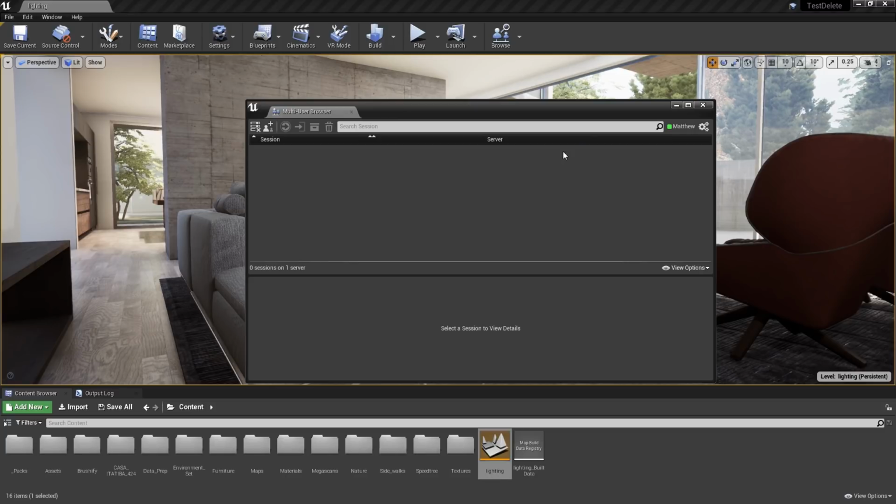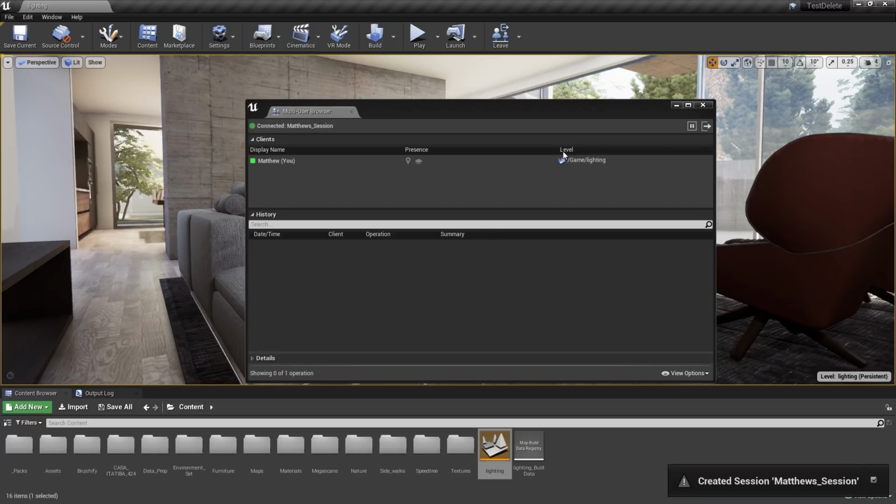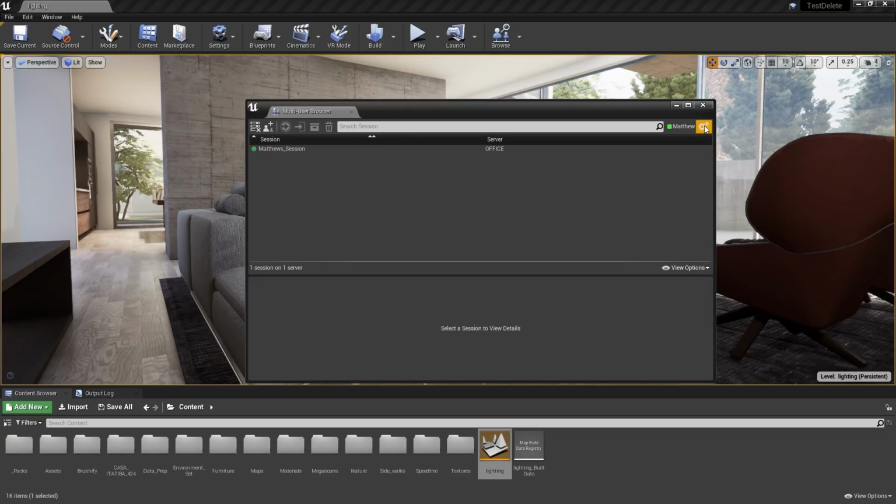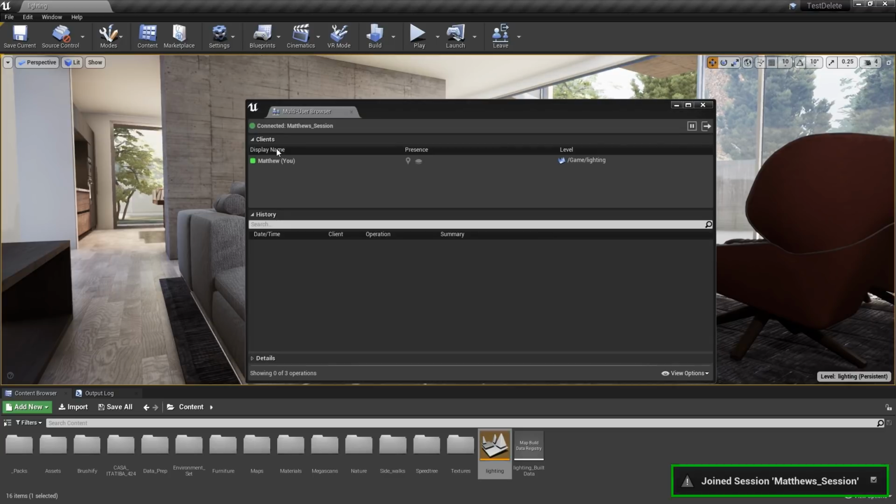All right, and once the session is live, you can see that I've automatically been added to the list of clients. To leave a session, I can simply click on the Leave Session button. The session is actually still available to the other clients, even though I'm not in it, and those users can continue to work and make changes. To rejoin the session, I simply need to double-click it. All right, so now that we know how to create a server and join and leave a session, let's turn it over to Daryl now, and he can walk you through the client setup and connection to the session on